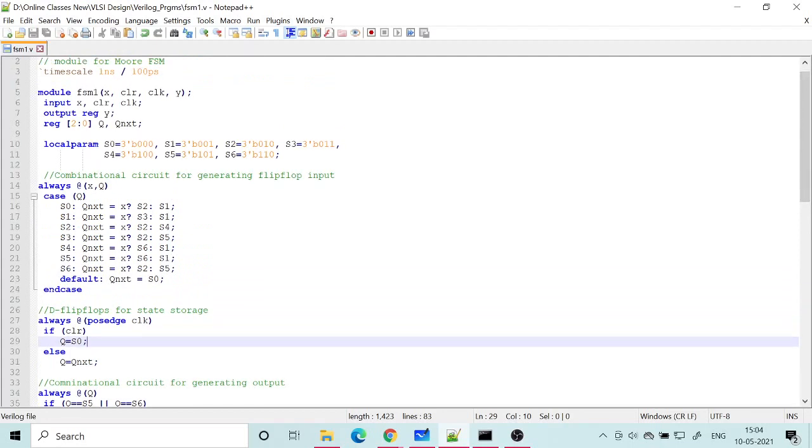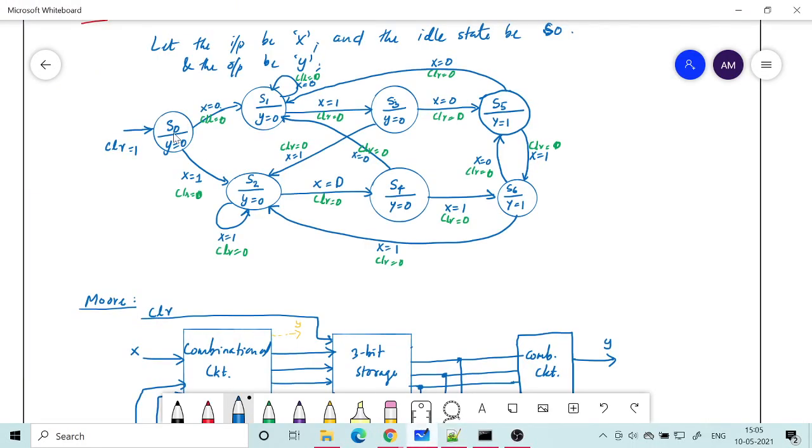The combinational circuit part, if you look at it, is based on a case statement. I think some of you have used a case statement already in writing the previous code. It has all the changes of states that we put in the diagram. For example, we are at S0. Depending upon the value of x equal to 0 or x equal to 1, we need to go to S1 or S2. If x equal to 0, then we go to S1. If x equal to 1, we need to go to S2.